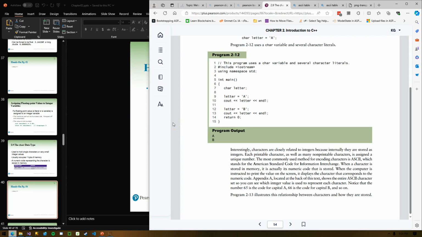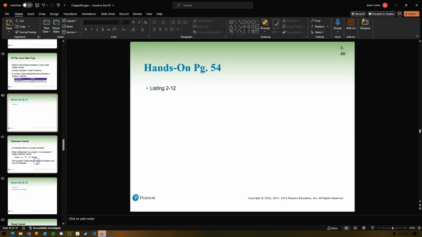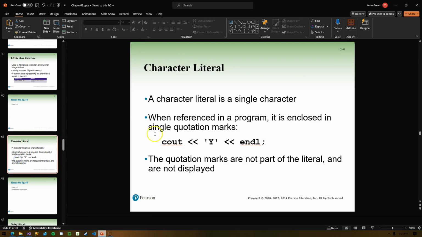There is a difference in the ASCII table. If you were to look up uppercase A, that would have a different numerical value than the lowercase a. Character literal, same thing. We can print out character literals instead of a string. Remember, strings are enclosed in double quotes. Character literals are enclosed in single quotes.